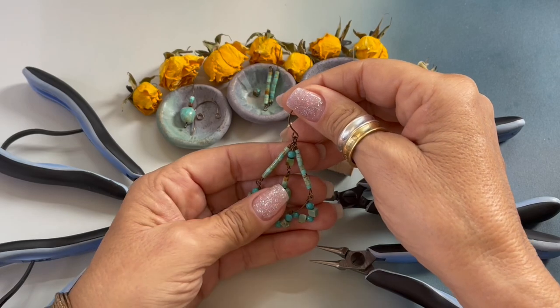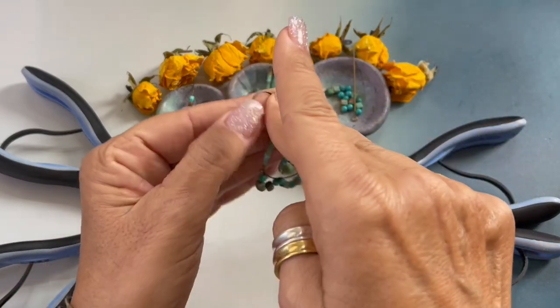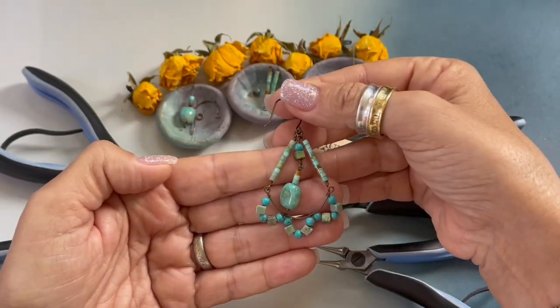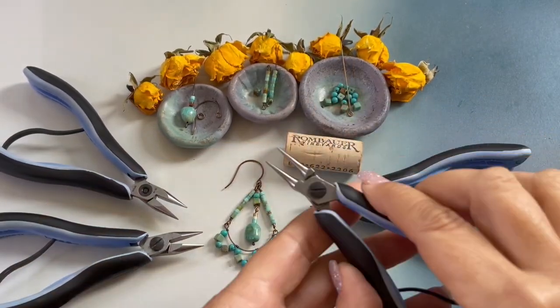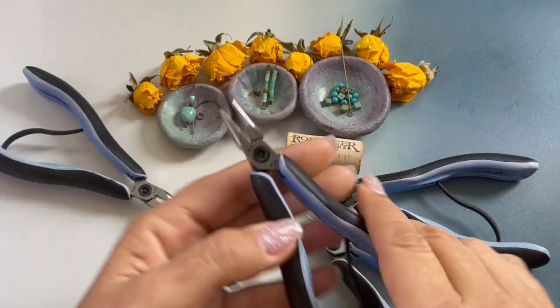My name is Denise Yezbak Moore with howcraftcollection.com, and today I'm going to be showing you how to create my Sonora earrings. The tools and supplies you will need to create these earrings are round nose pliers, wire cutters, chain